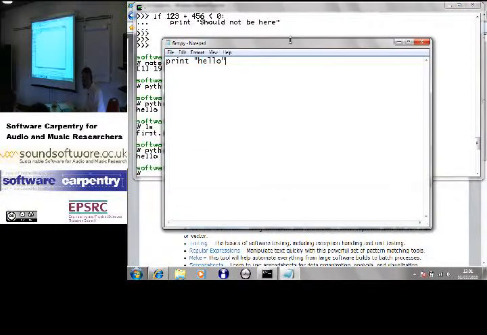So here's what I've done. I've created a file, print hello. I put that in a file called first.py. By convention, Python files end in .py in the same way that PDFs end in .pdf and images end in .png or .jpeg or whatever, .wav for WAV files. Okay. It doesn't actually matter what the file is called, but everybody calls them .py.